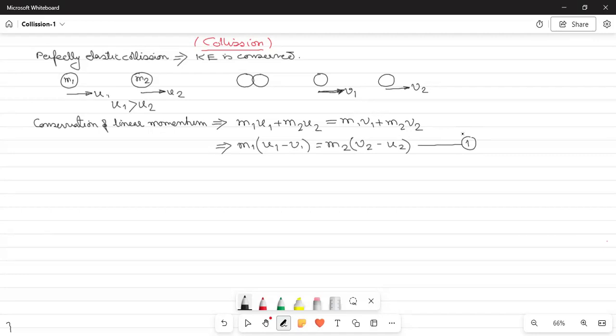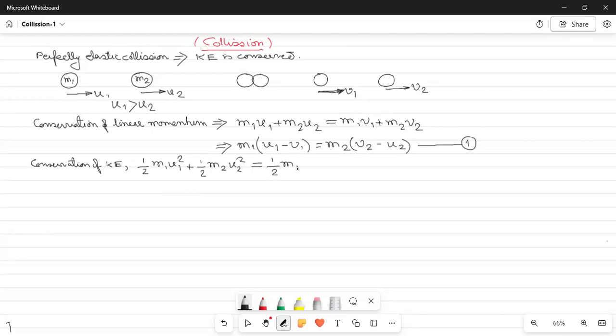Now, from the principle of conservation of kinetic energy, you can write. Kinetic energy at the beginning was half m1 u1 square plus half m2 u2 square, and kinetic energy after collision was